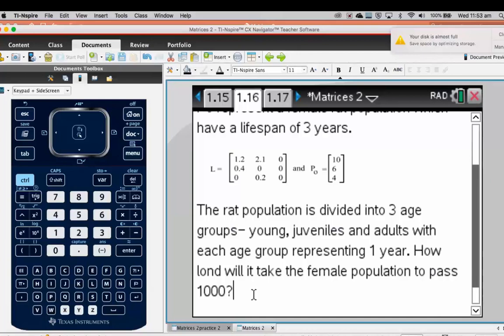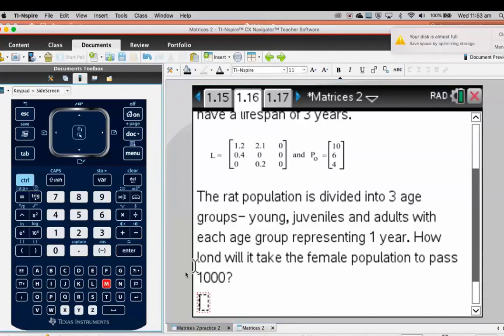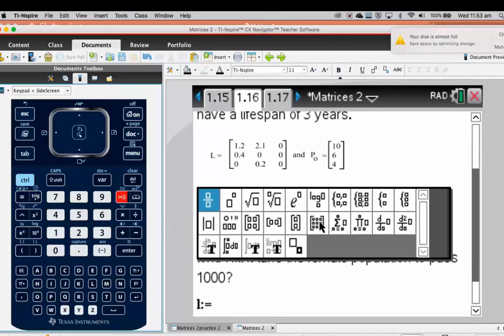How long will it take before the population gets over 1,000? So if I insert a math box again, and call this L again, and this will override the previous value that I had in for L, and this time it's